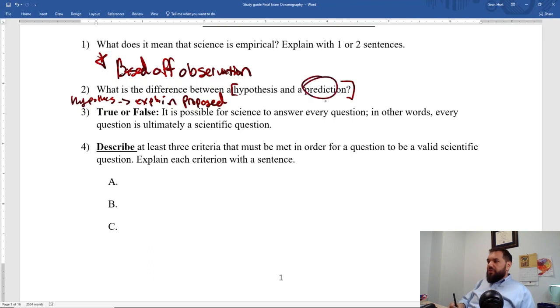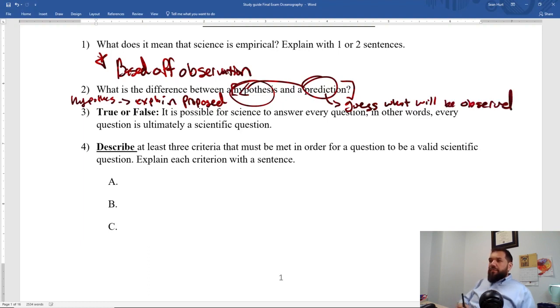Okay. Now a prediction is very different. It's just a guess at what we think is going to happen in the future, right? People get these confused all the time. They'll say, what do you hypothesize is going to happen? That's not a hypothesis. A hypothesis is trying to explain how nature works and why it happens the way it happens, okay? A prediction is based off a hypothesis. So based off my hypothesis, I predict the leaves are going to fall off the trees in wintertime or whatever. It's a guess at what is going to happen, what will be observed, right?